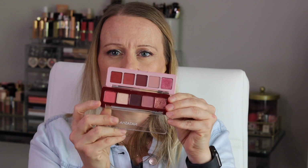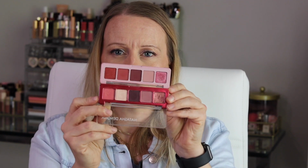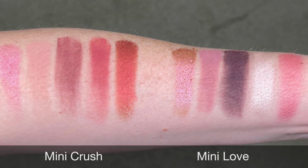But I did want to show you in case you have the Mini Love palette. So the bottom one here is the Mini Love, and that's the Mini Crush palette. So I just wanted to show you some similarity between the two. If you already have the Mini Love, you probably aren't missing out if you didn't pick